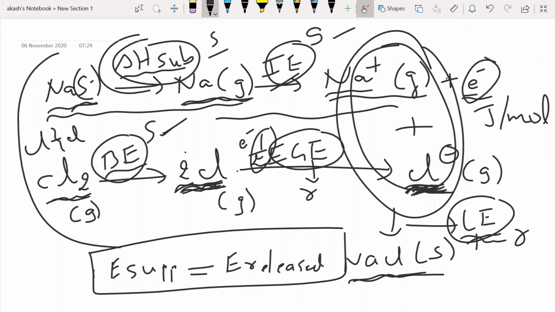Everybody understood? But for the formation, we have to supply energy, no, sir, for lattice enthalpy? Why do you have to supply energy for formation? It's like this. I have Na plus ion and I have Cl minus ion. They are separate now. Now they are going to come together to make a bond. An ionic bond is formed, isn't it? Now this is bond formation. So whenever you have a bond getting formed, energy is released. Okay, sir. Okay, fine.